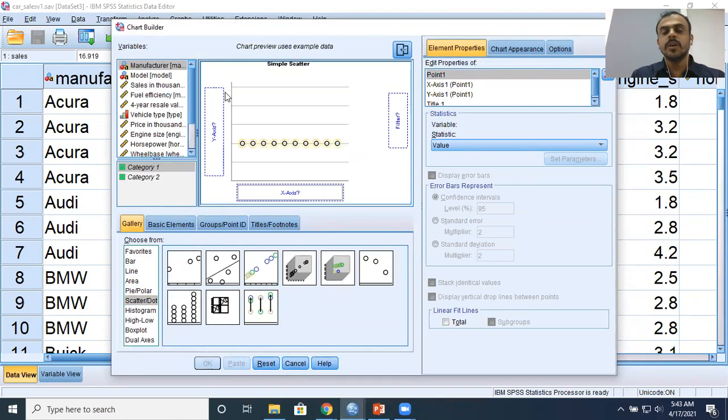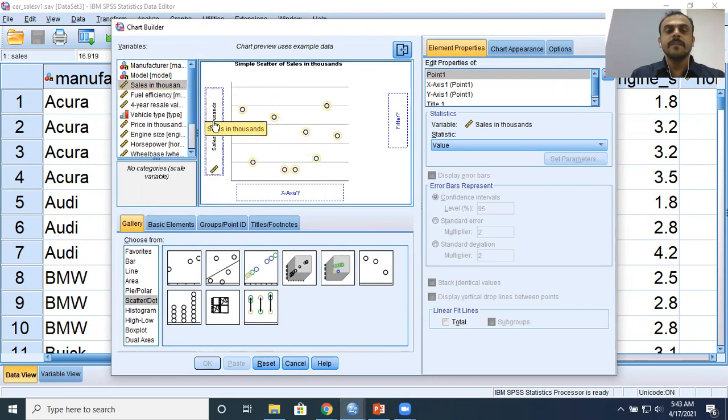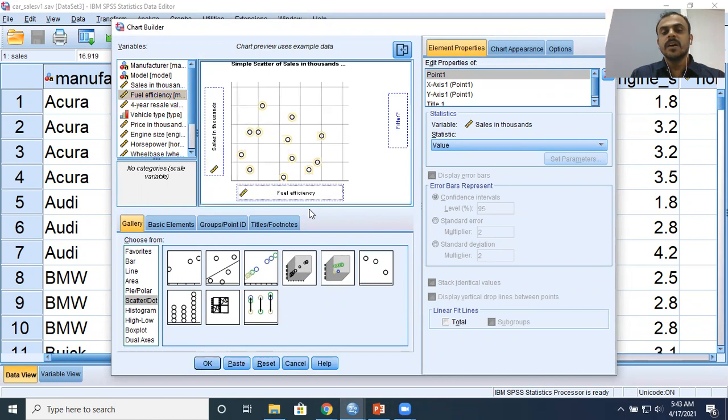It is just asking you for y-axis and x-axis here, right? Now I've got the variable sales here, which I'll drag and drop along the y-axis, right? This is my y variable, and in the x-axis, I'll just drag and drop right inside this box, fuel efficiency. If you drag and drop this variable anywhere else, it will not be considered, right? So please be very, very careful for the benefit of those people who might have missed this. Just drag and drop it here, right? This is the place wherein you can drag and drop. If you drag it anywhere to the left side or the right side, that variable will not be included.